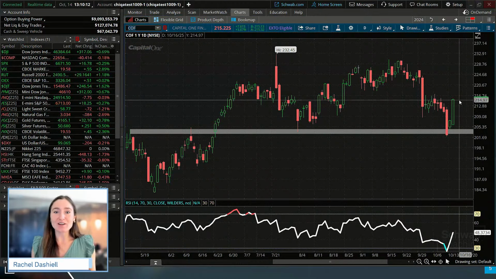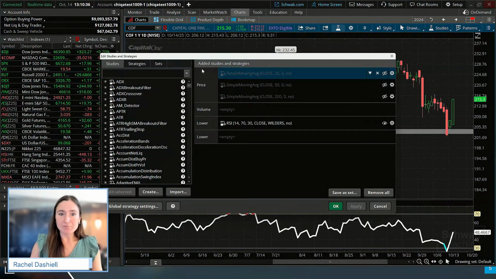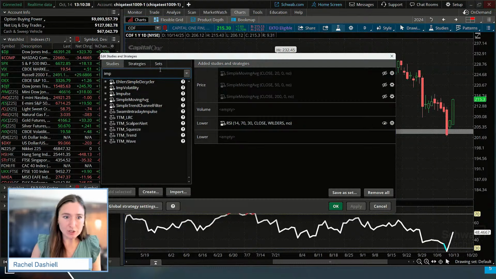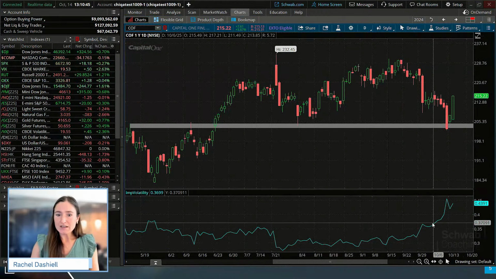I'd be looking to place a directional trade saying that we could be going up from here. So I'm going to look at a long call option. So a couple different things that I want to look at as far as what could impact the price of the option, and one of those factors is volatility. We talked about this last week in a little bit more depth, but I'm just going to add implied volatility onto the background of the chart, hide the RSI for now.